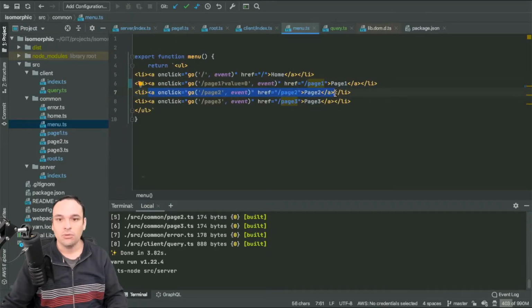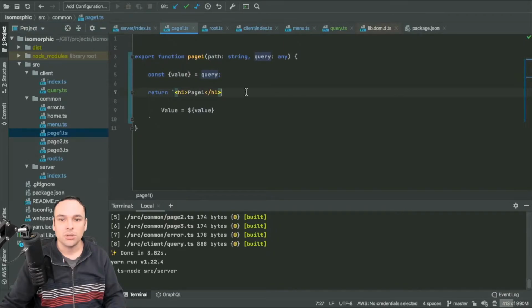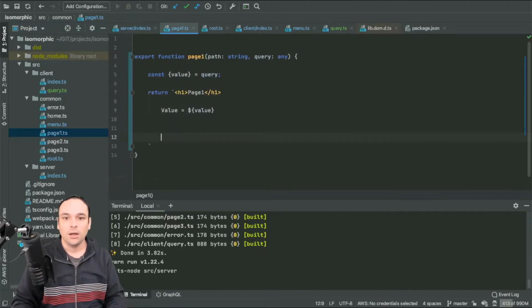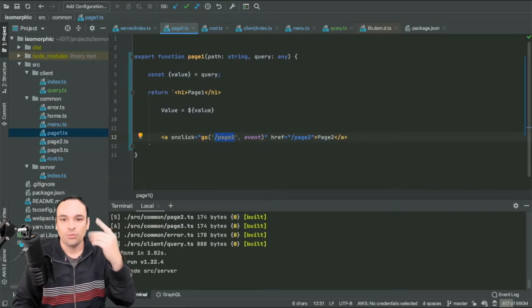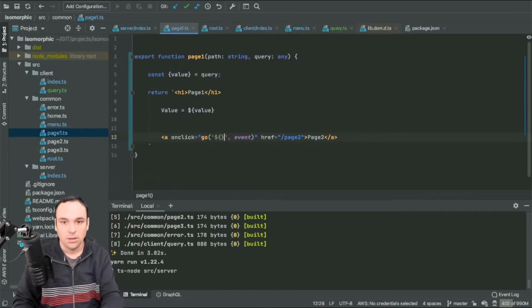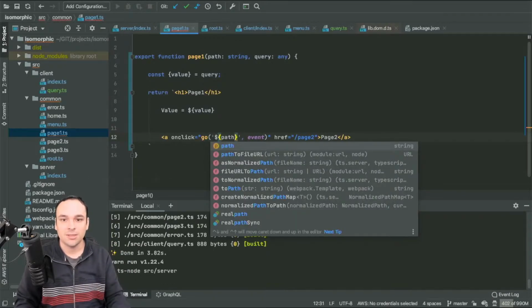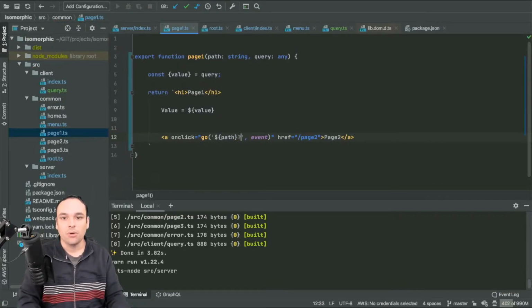So I'm going to copy a link from here, and I will include some links in this page where I can link to the same path where we are now, because I don't want to deal with that recalculation. So I link to the same path, but now where value equal